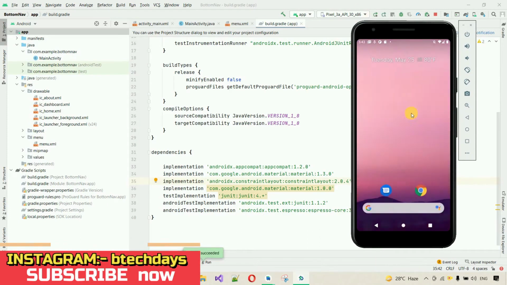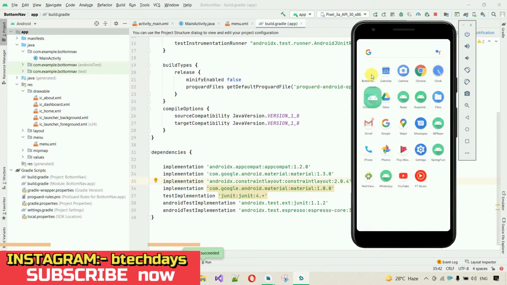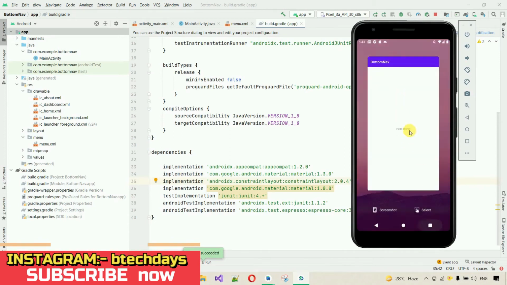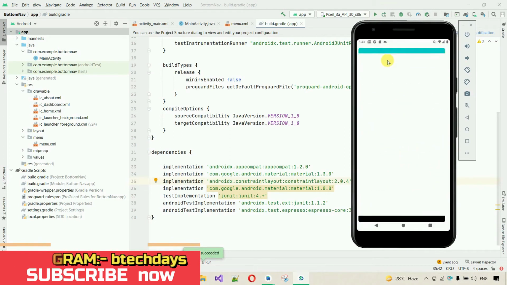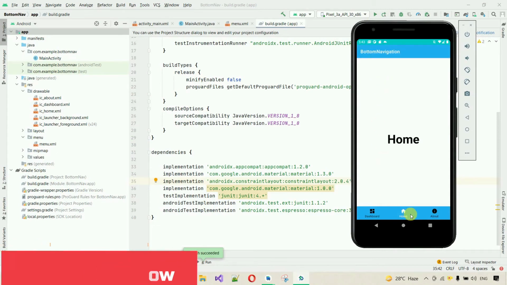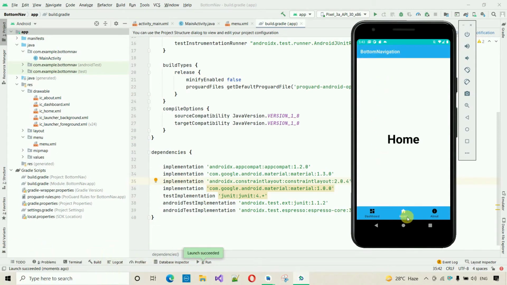Okay, this is the BottomNav. Inside this one here you can see we have three items, that is dashboard, home and about. When I click on this, here you can see the color for this icon and the text that is dashboard is changed. So this is a selector. When something is selected and when it's not selected, how it will behave, those properties need to be set